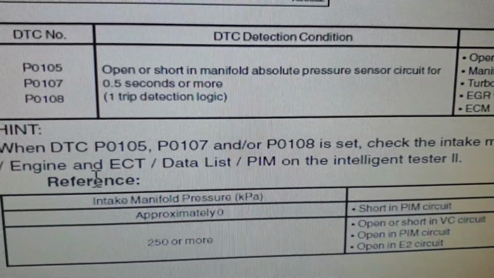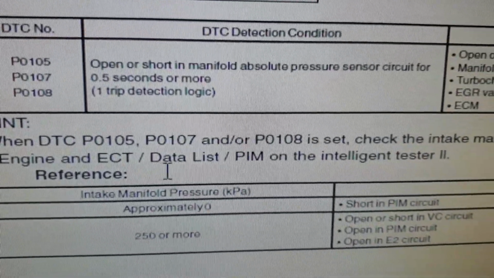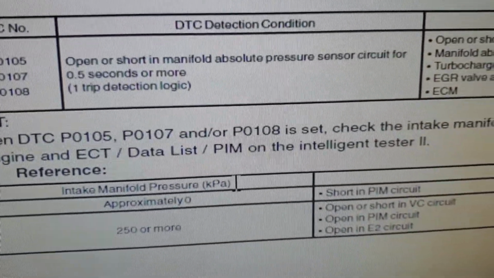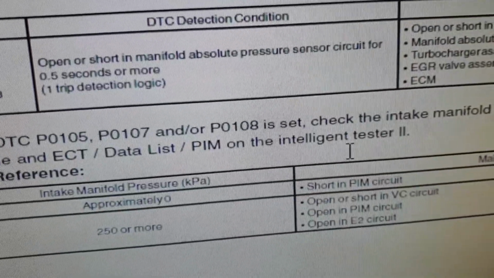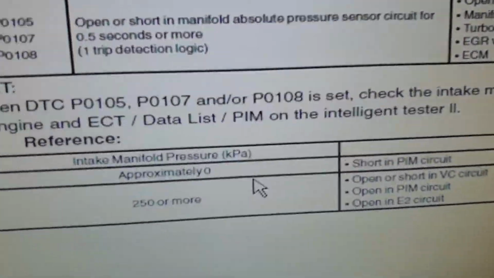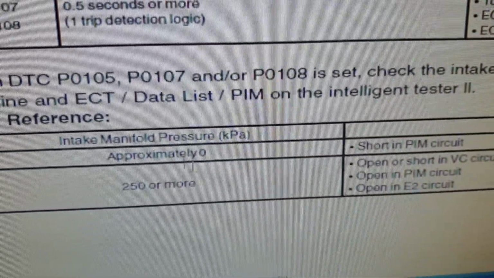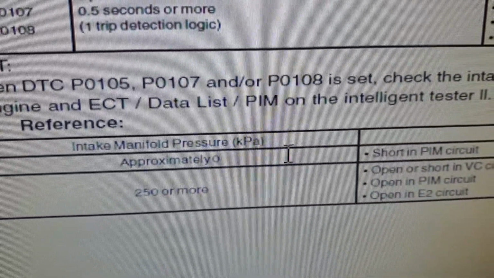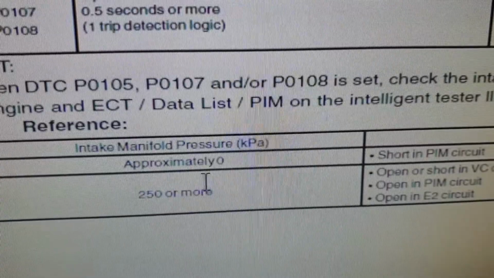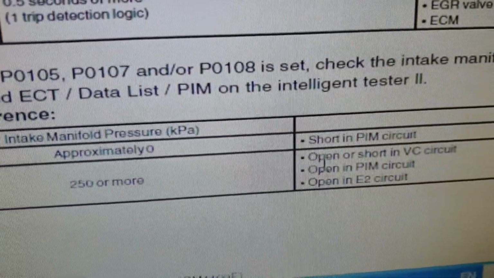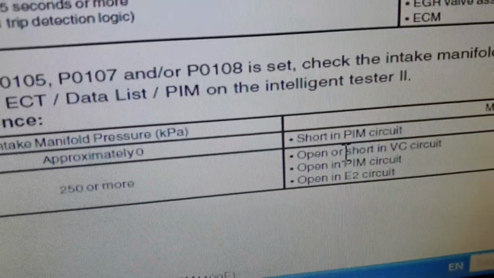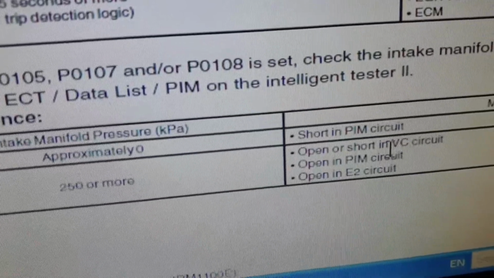That's their scanner procedure. Engine and ECT data list, PIM on the intelligent tester too. So the value they mention is that intake manifold pressure kilopascal approximately 0, then short in PIM. It means that